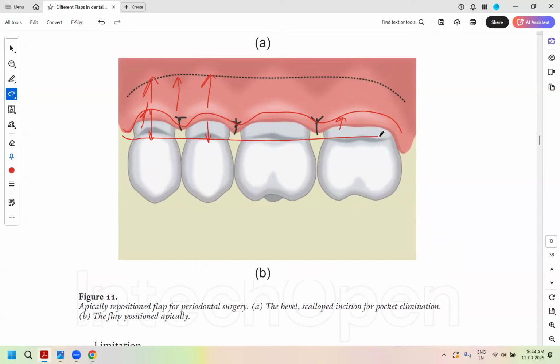Maintaining oral hygiene becomes easier as the pocket depth is eliminated. The drawback, yes, the root gets exposed. So it's not a cosmetic procedure. Would you prefer it in the anteriors? No. You can prefer it in your posteriors. In multiple anterior recessions, you would go with your coronally positioned graft.